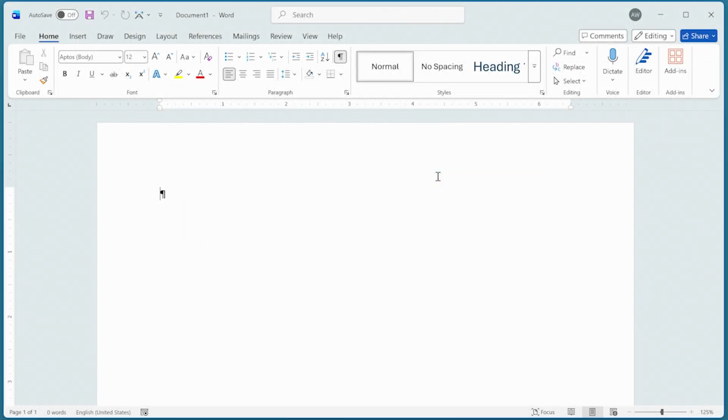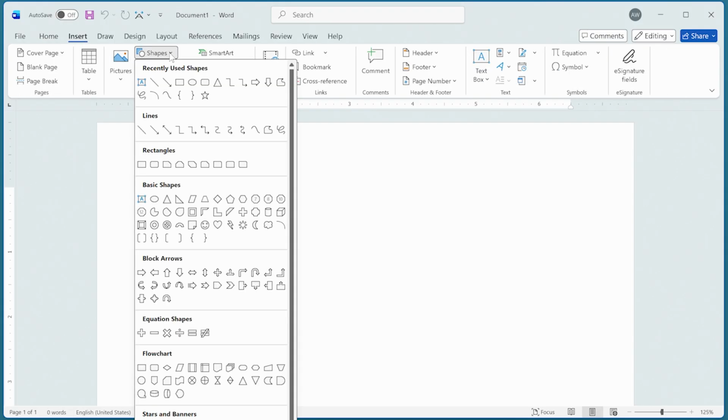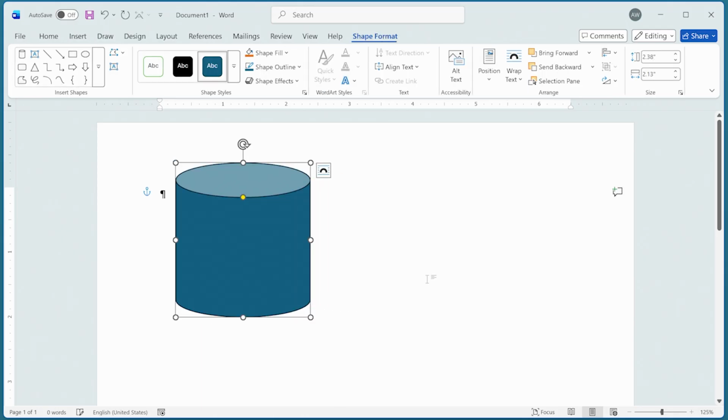Word allows you to insert all sorts of simple graphic elements in your documents. One type of graphic that you can add is a common shape, which you can see over on the Insert tab of the ribbon. All I have to do is click on Shapes, and I can pick from any of these shapes to insert into my document. I'm going to pick one right down here, and then I just draw it, and I have my shape within